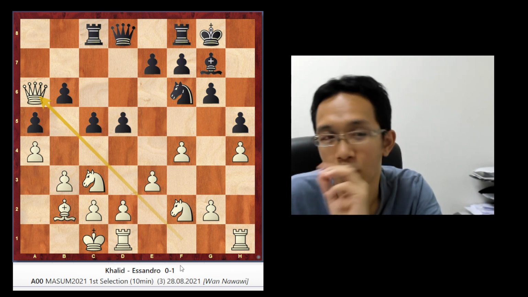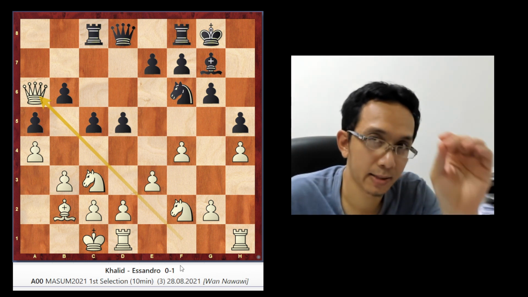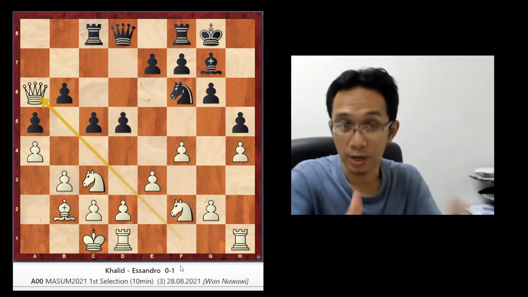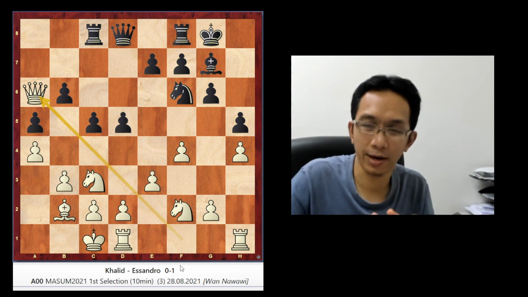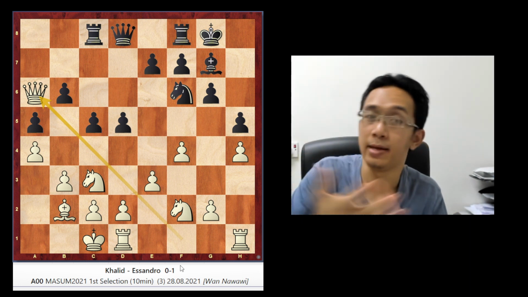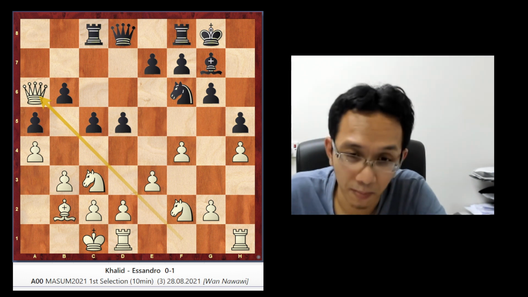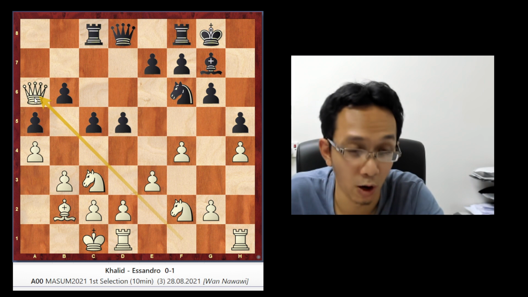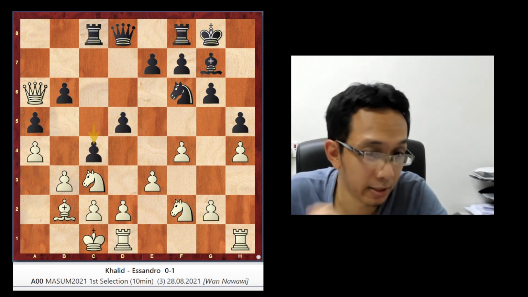Why? Because in this game, Khalid doesn't focus on the counterplay. I mean, he already got the winning position, but white doesn't address the counterplay by his opponent. So what I mean by counterplay now, even though you get the free piece, this is like an oversight. This is a blunder, but black plays c4.